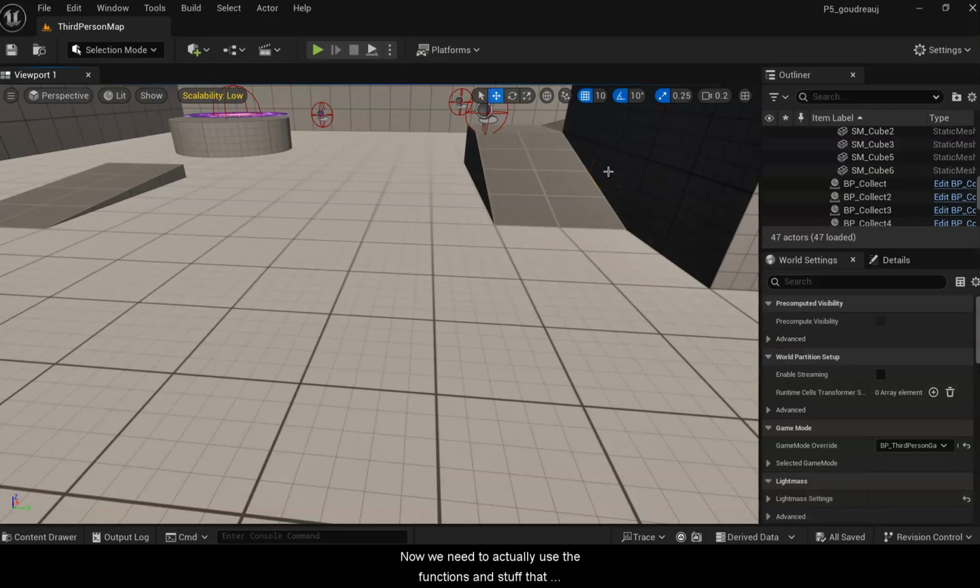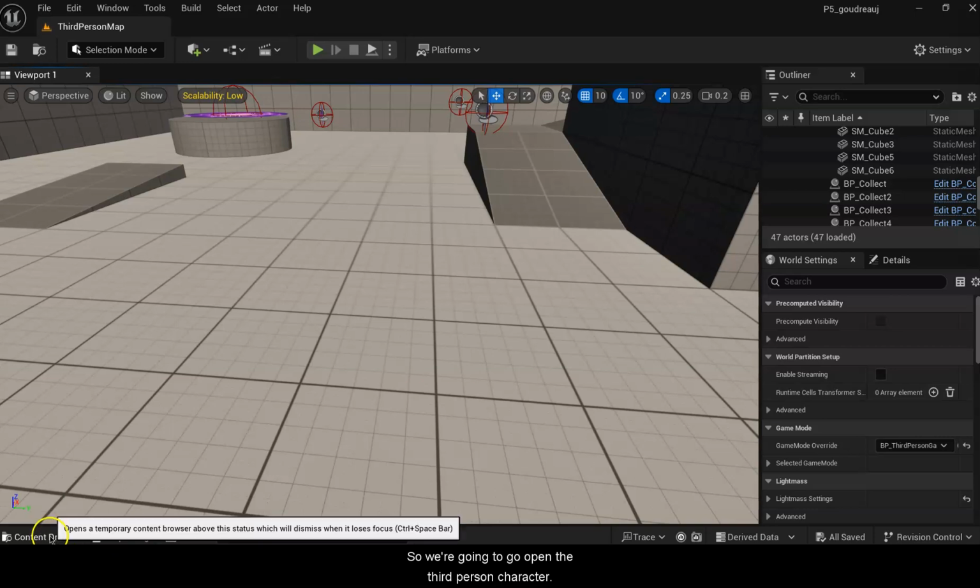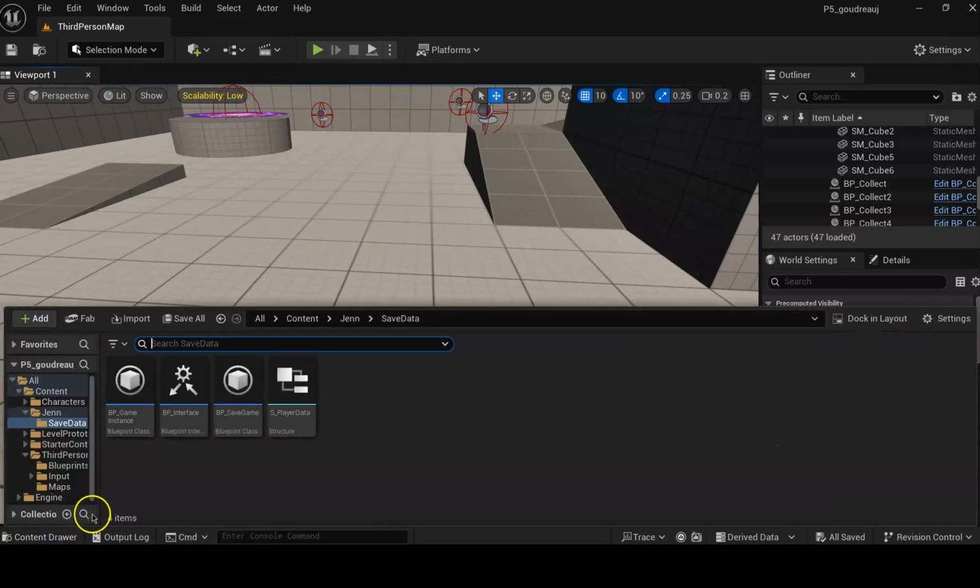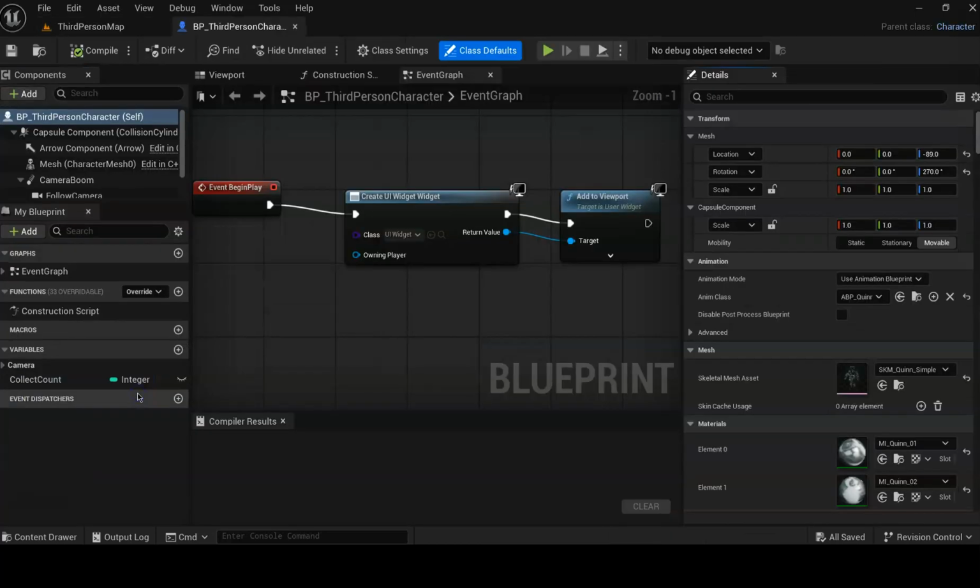Now we need to actually use the functions that we've created for the load and the save and all of that. And we're going to do that using the third person character. So we're going to go open the third person character. And a couple things we're going to need to do here: we need to be able to save the data, and we need to be able to load the data. So let's start off with,